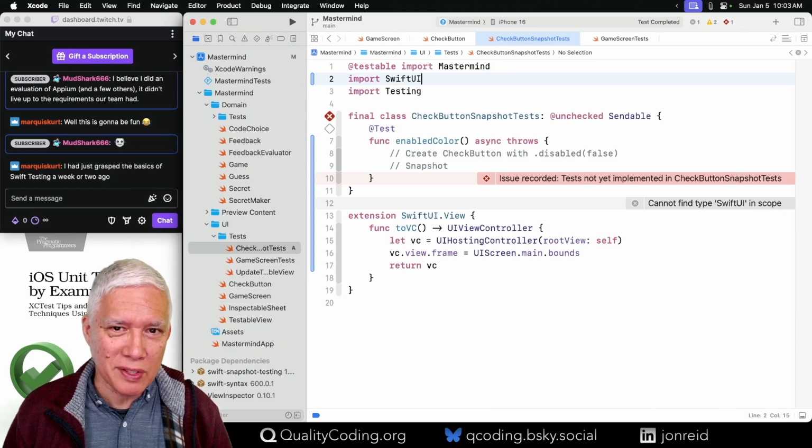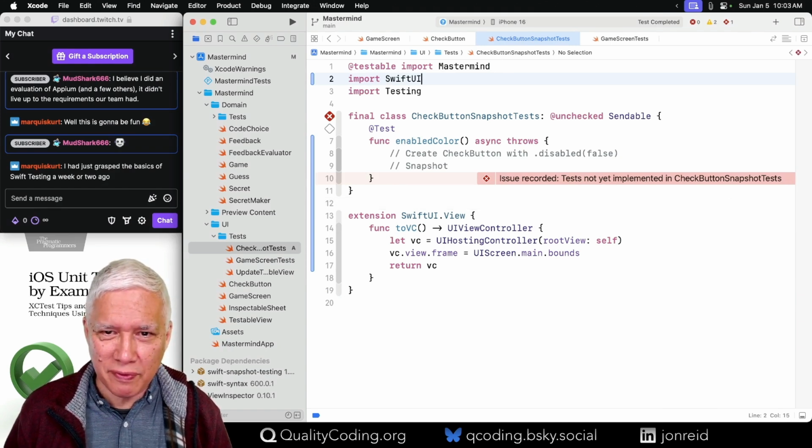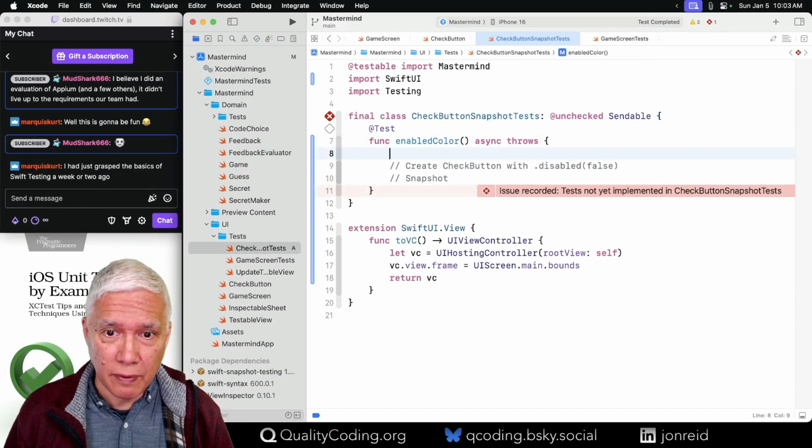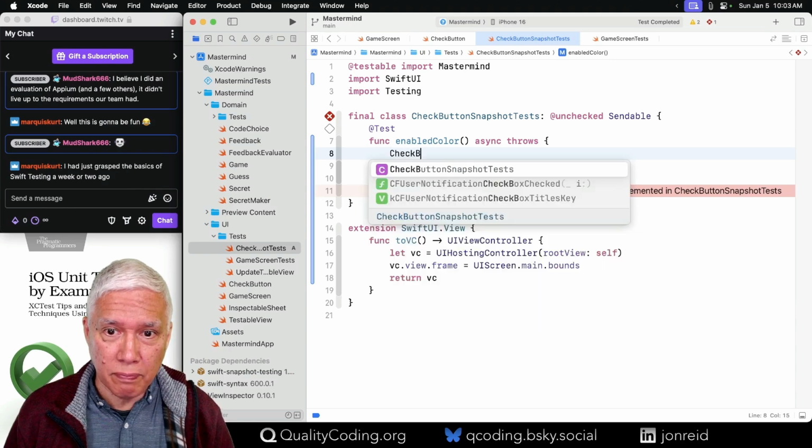I really wish it would just import stuff. You're right. What a pain. So can I now say check button